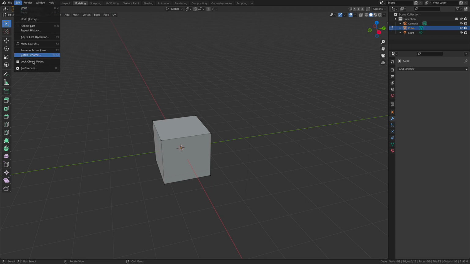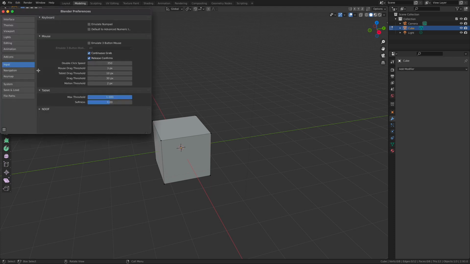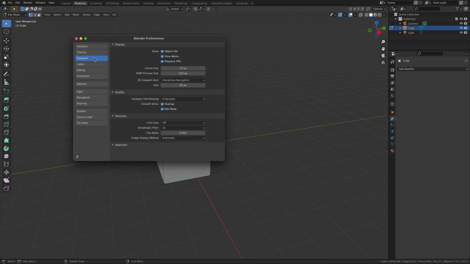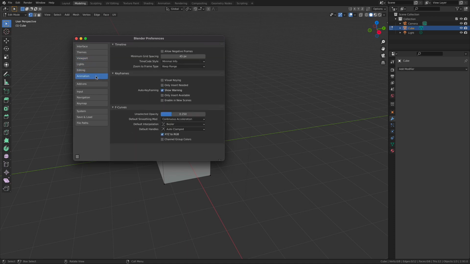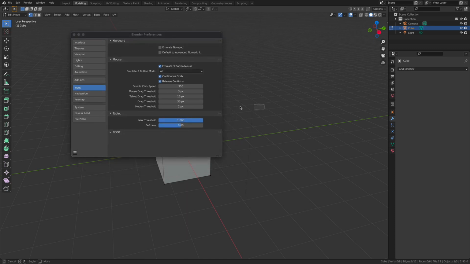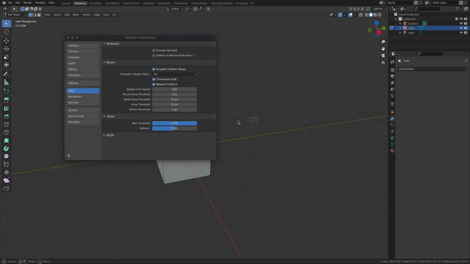So it's in the Edit pull-down menu, and this is the Global Application Preferences, and specifically where we're going here is in this Input tab. Now there's a lot of preferences, and I would encourage you to start going through all of these and customizing the Blender experience to make it work for you. What I'm going to do is jump over into the Input tab, which is going to bring a very important option to the surface, which is this Emulate 3-button mouse. I'm going to turn that on, which is going to allow me to work with the pen tablet a little bit more directly.